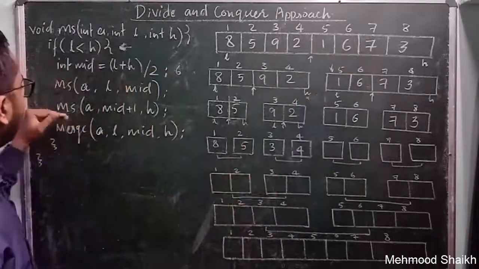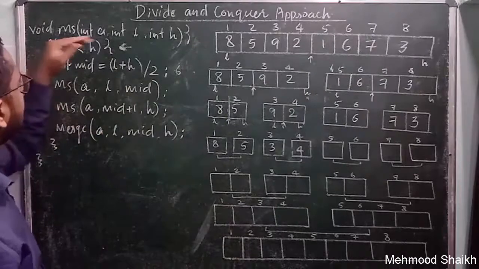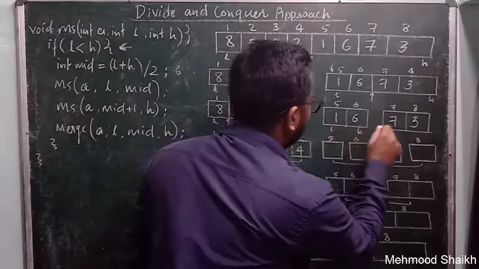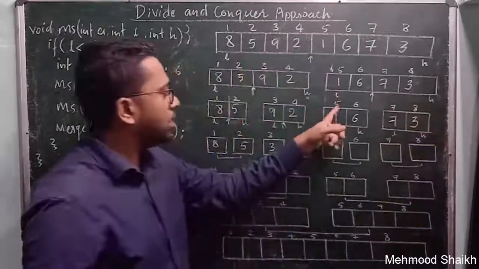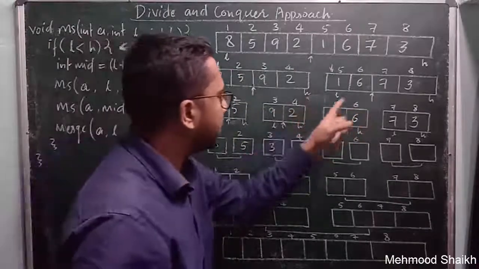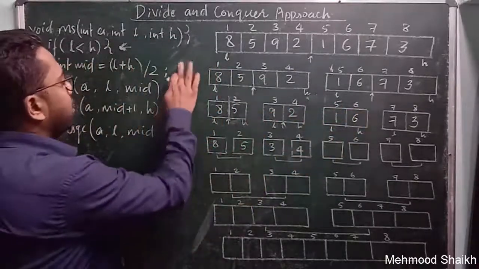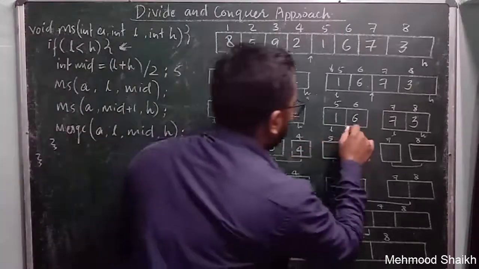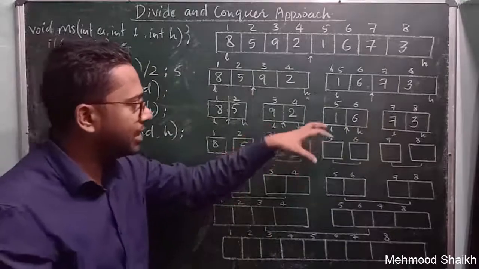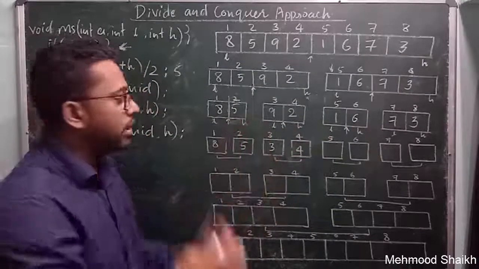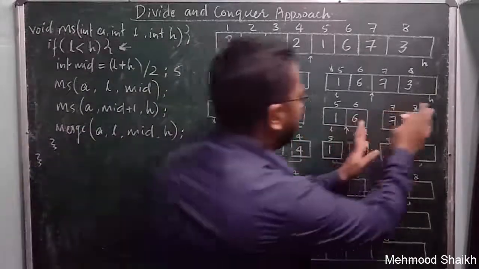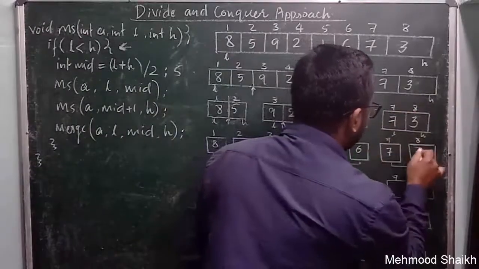Now when it again makes a call to the same function, control comes back to this point, where we check low and high, whether low is less than high. Yes, 5 is less than 6. So we add these two: 5 plus 6 equals 11, and dividing 11 by 2 gives 5. That means 5 is the middle point. We will divide this problem, because we still have some elements present in the subproblem. So we divide and put these elements, and we do the same thing for this last subproblem, 7 and 8.